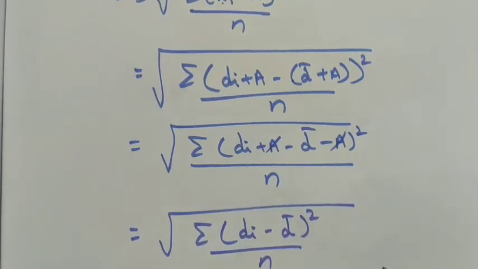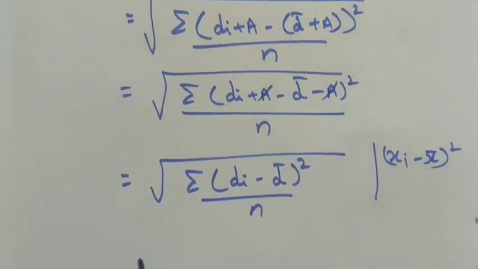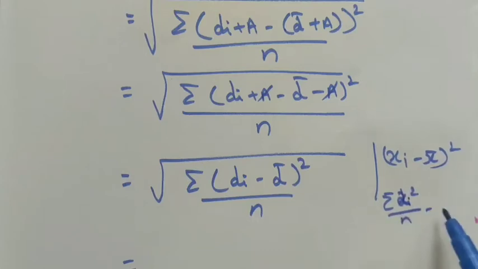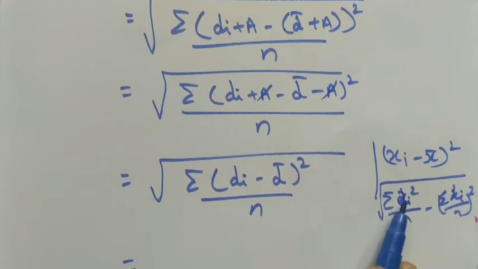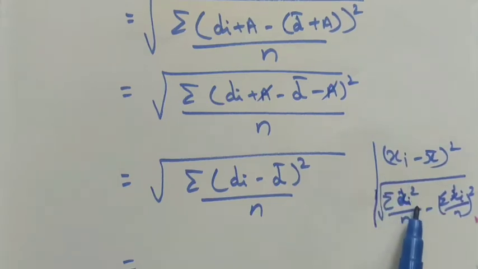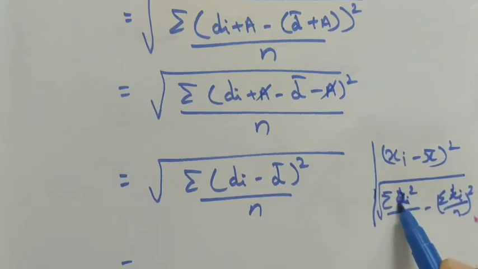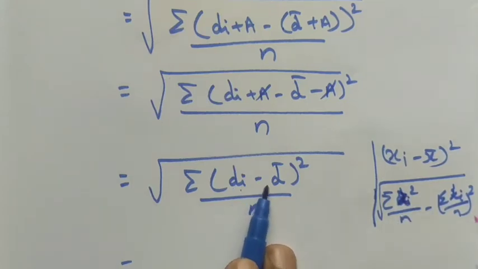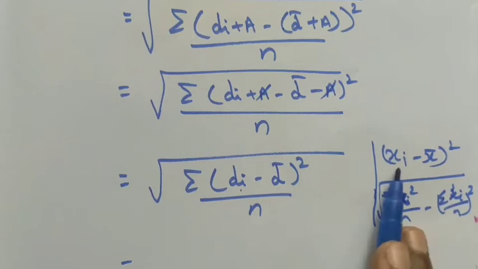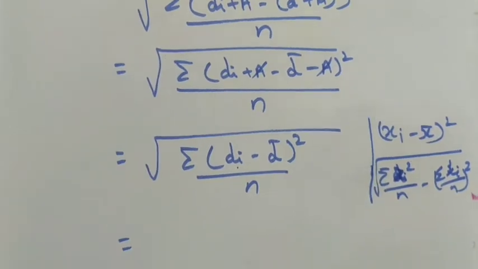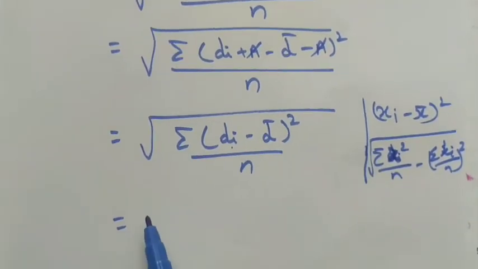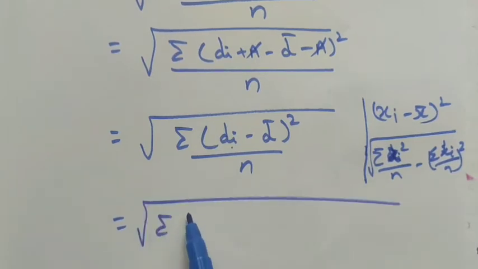We know that we have already proved that the term xi minus x bar whole square is equal to root of summation xi square divided by n minus summation xi divided by n whole square. We found this for the direct method, right? Now, instead of xi minus x bar, we are using di minus d bar, and with the same term we get the same answer. Otherwise, substituting the value, we get the root of summation